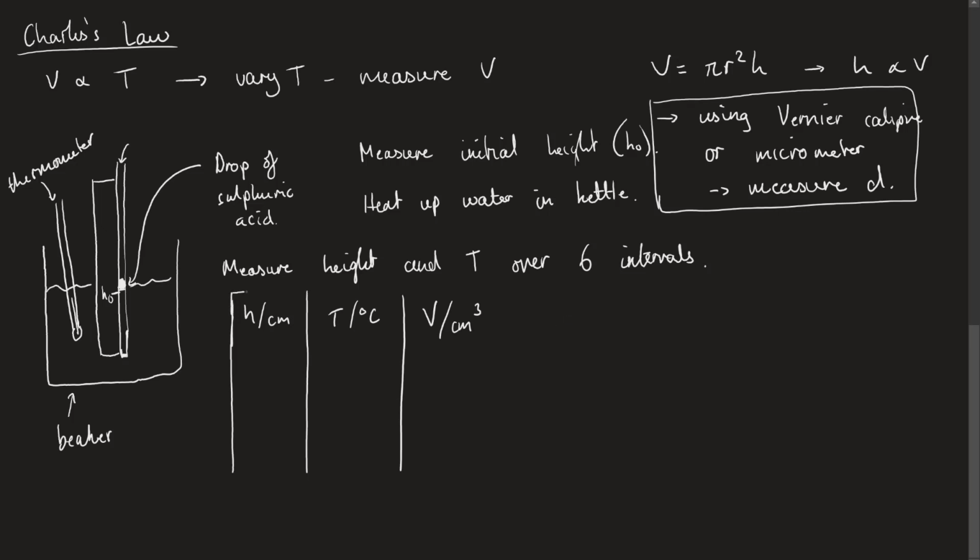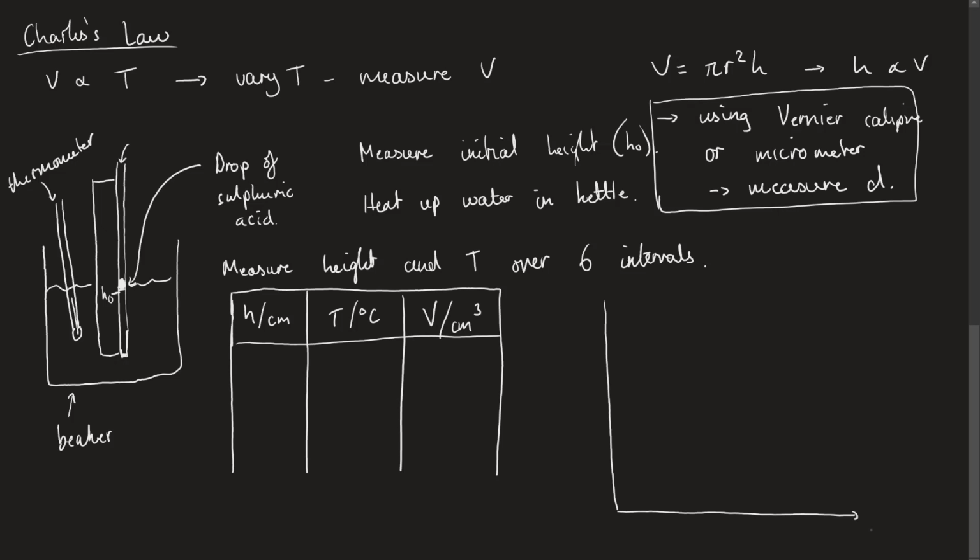This is basically everything that you need to know. And then you will plot either H against T or V against T. Now it doesn't really matter which way you do it. I'm going to plot H against T because I feel like that would be easier. So I'm going to say, because I am varying temperature, that's going to be along the bottom, and I am measuring the volume, or in this case the height, so H is going to be on the top. Now I am going to get a straight line graph like this,